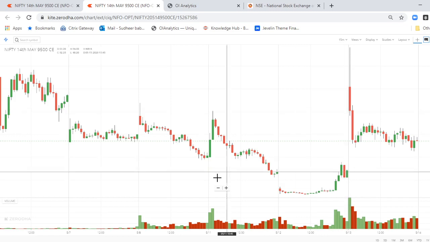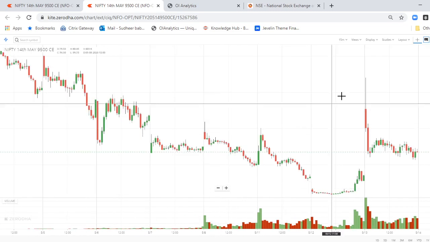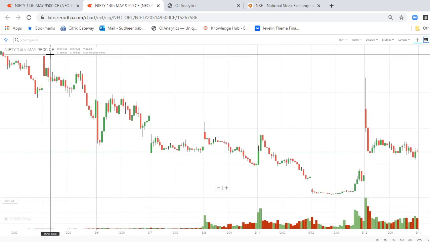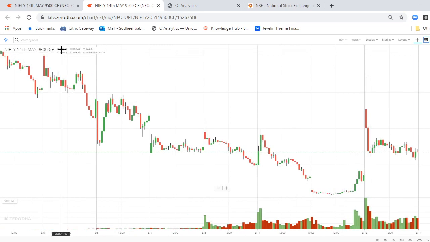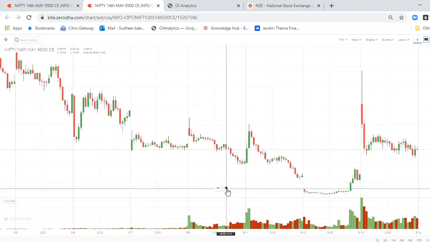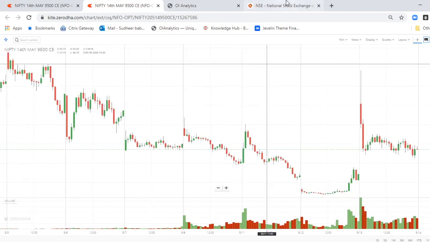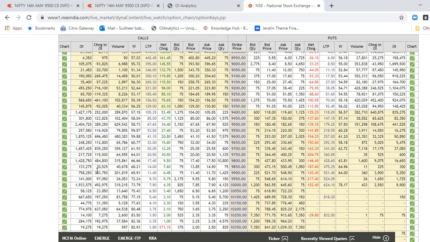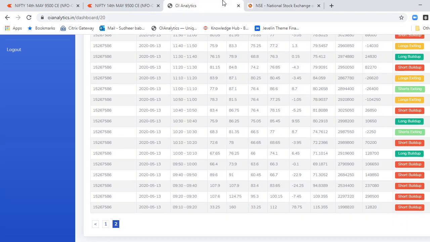And then it can hit also. It can take out today's high and reach somewhere higher, of about 200 to 250 levels, right? So that is the data that we have in this 2.4 million. Out of this whole 2.4 million of OI that is there at the 9,500 call,